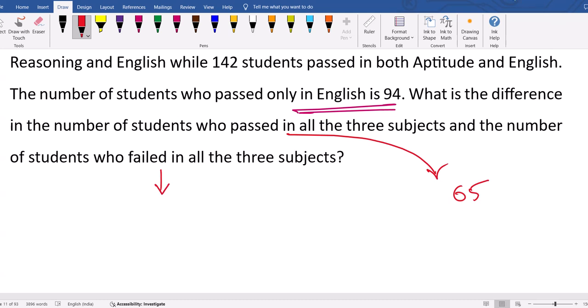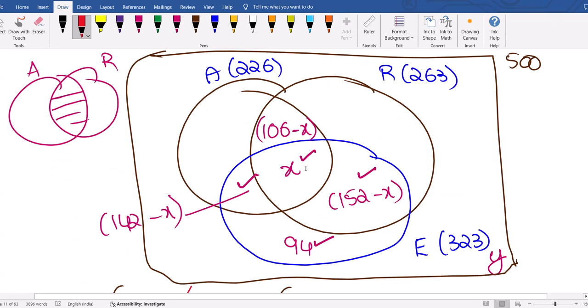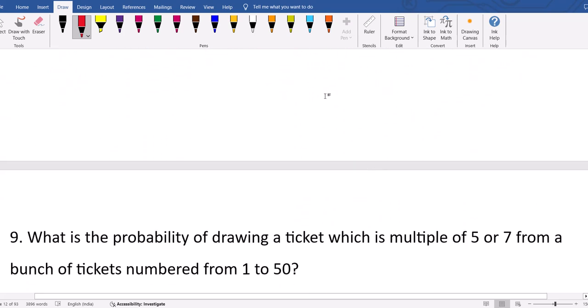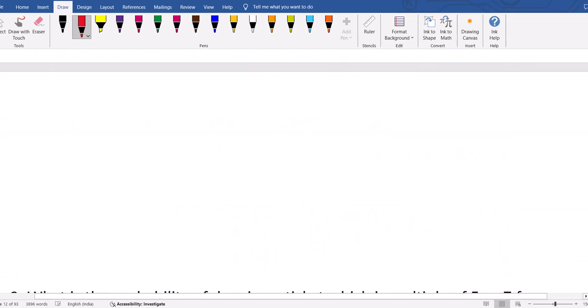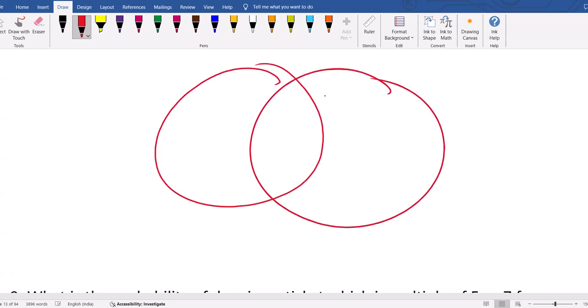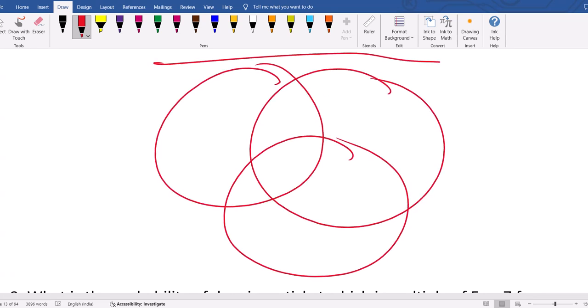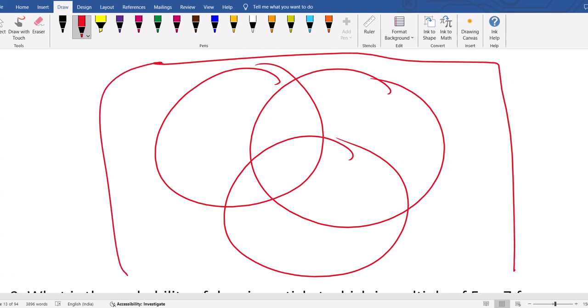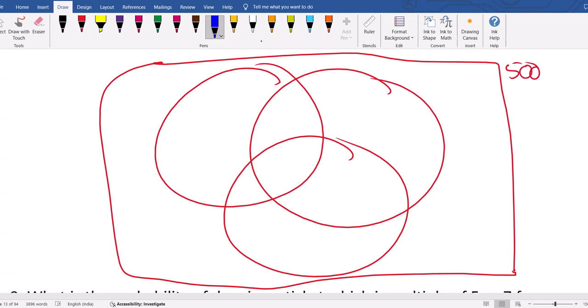So failed all the 3, how to calculate, sir? See, this entire area is how much totally? 500. For that also, see, it's not that easy. They are asking questions and we have to be very careful. Total area should be equal to 500. Passed, some people failed. That's what y is, failed. Passed all the 3,